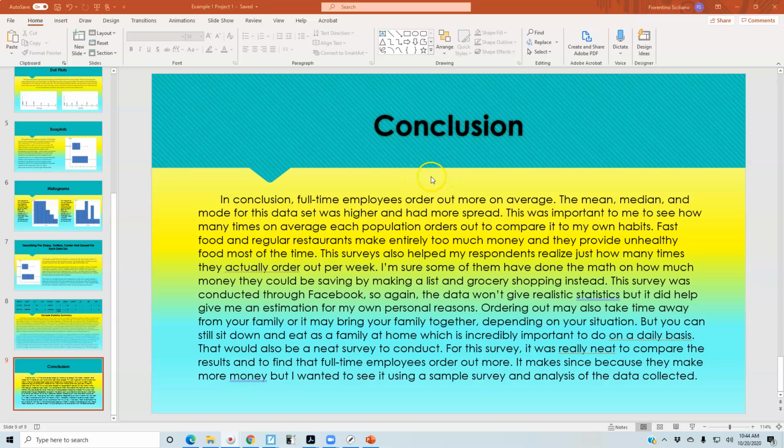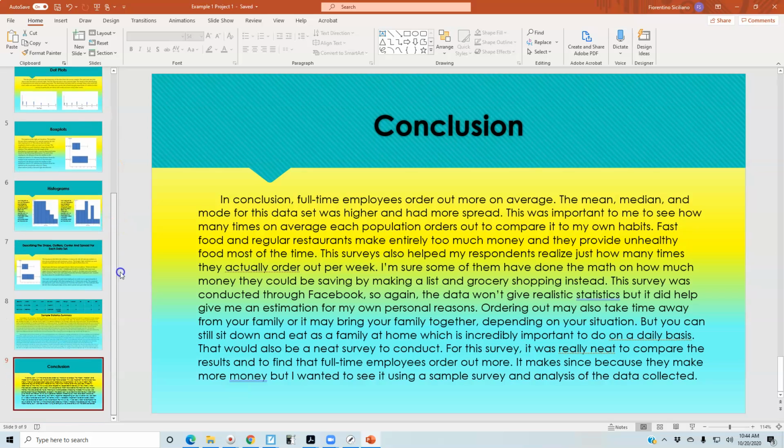Now, for the conclusion slide, you should be able to answer if your data applies to the question of what you were researching. So you can describe what the mean, the median, and mode were doing for those data sets, for the full-time or for the part-time. But you're answering the question that you asked in your introduction. And then you want to describe why this was important to you. As you can see here, there's going to be 9 full slides that you should have